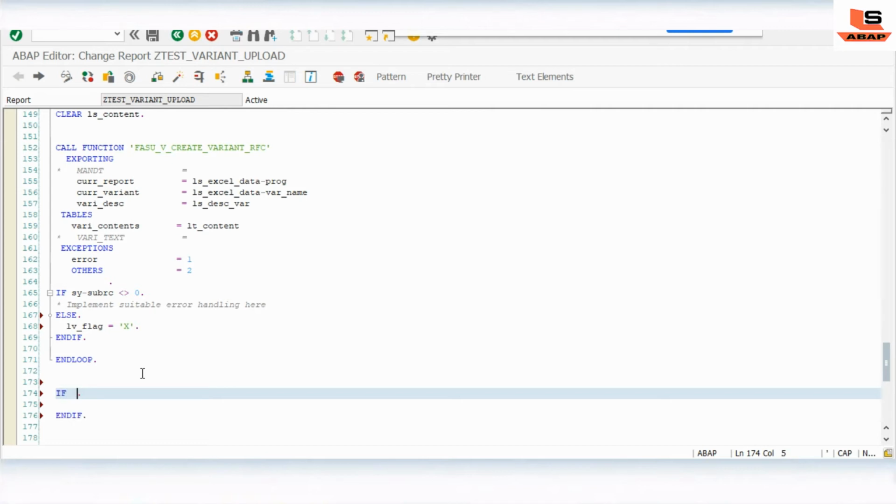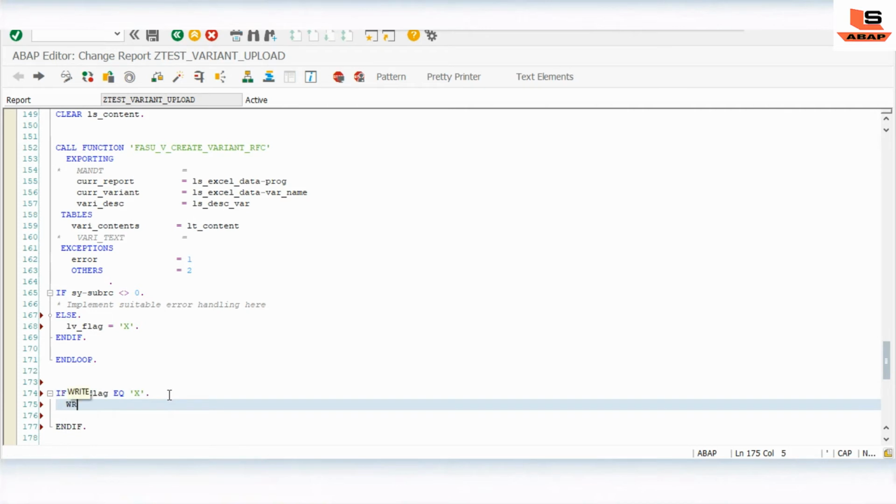If lv flag equal to x, so we are giving a reminder as a write, created successfully.